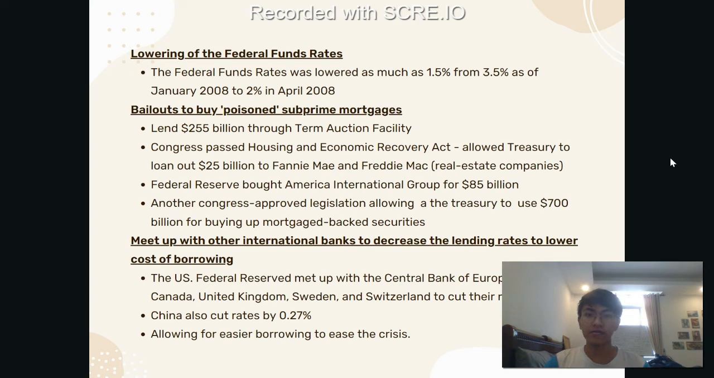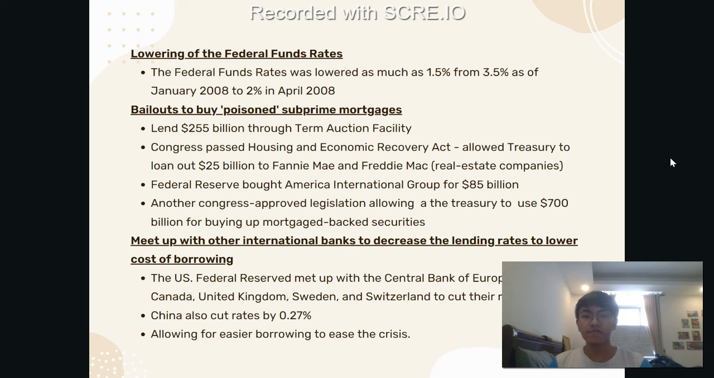And second, they bailed out the subprime mortgages. So as these mortgages were being frozen, you can say because there were no buyers in the secondary market, the Treasury and Federal Reserve stepped in to be the buyer. So they bought many of the bad loans through various means. First is through the term option facility of 255 billion, and secondly, Congress passed the Housing and Economic Recovery Act that allowed the Treasury to loan out 25 billion to the real estate companies, most notably Fannie Mae and Freddie